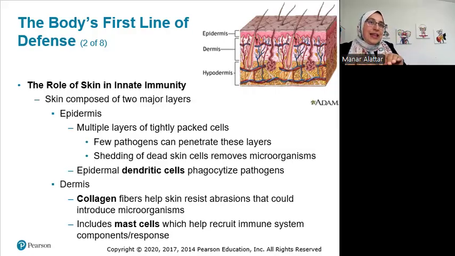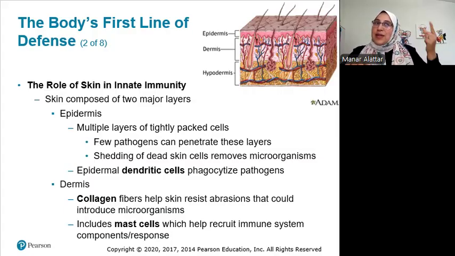And they can actually take the particles of those pathogens or foreign agents that they find to the lymphatic system to say, hey, this is what I found. Is it a problem? Let's analyze this a little bit and recognize it. There are different types of dendritic cells, and they work in different ways, but essentially they can present to B and T cells within the adaptive immune system, so that the adaptive immune system can very specifically call out